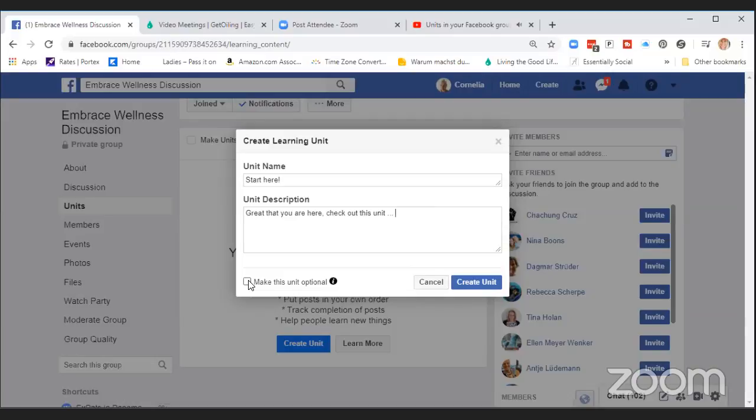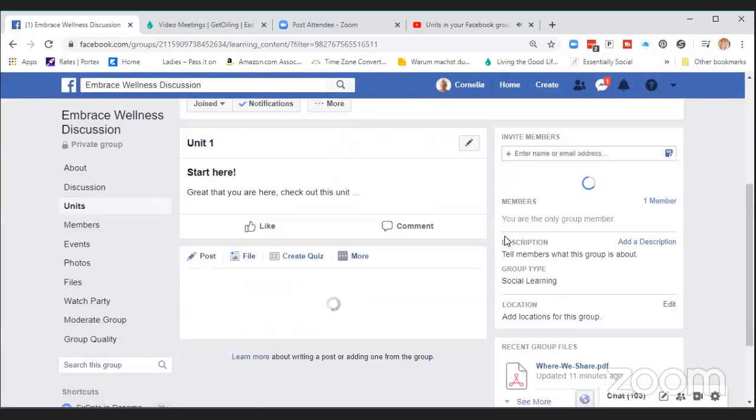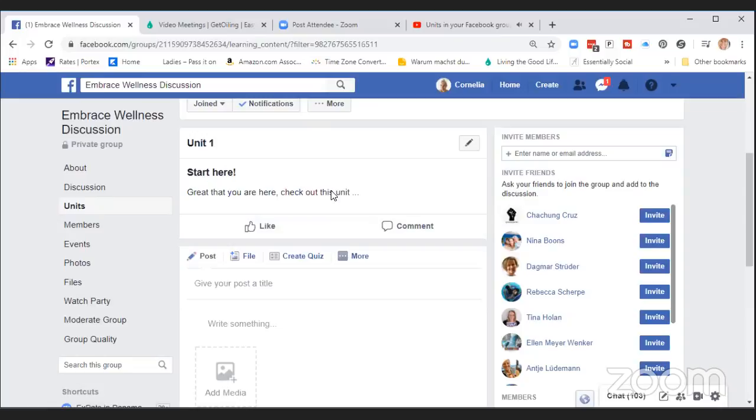If I clicked this, I would make it optional, but I want new people who come to this unit to find this at the very first moment, so that they know how the group works, maybe a video like that, or an overview, or a document with different topics. You name it, you probably have a couple of great ideas there. Okay, now I create the unit